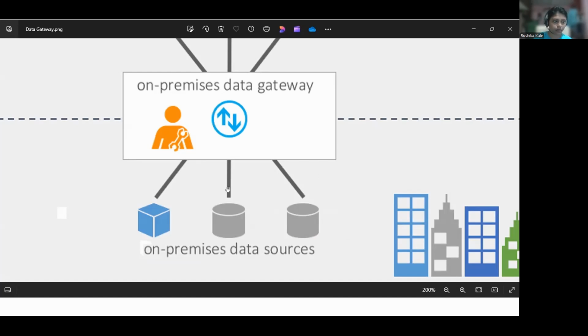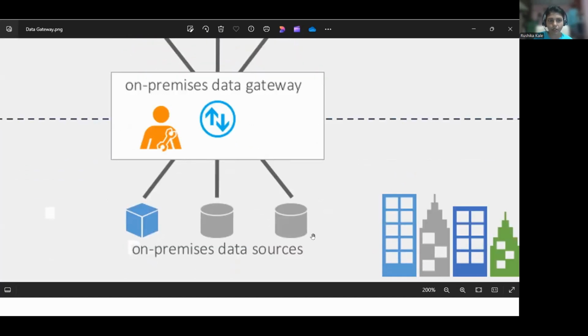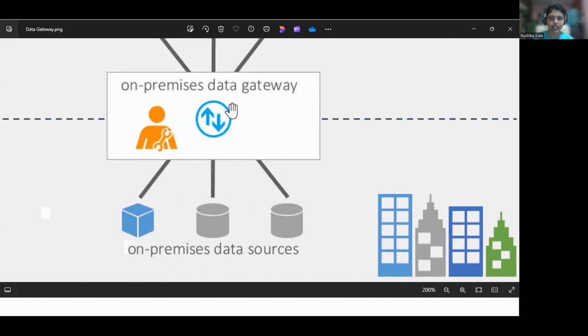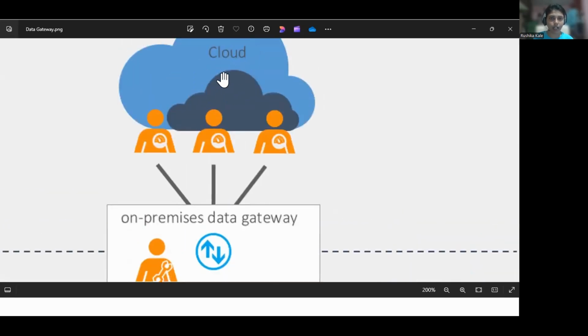Like this is my local system, this is my data source, which is in my laptop. And this is where my report is already published. But my data source, which is in my laptop, keeps changing. So to be on the same board, to sync the data which is on the cloud, we use the data gateway, so that whatever data is changing, you can access it from the cloud also. There will be no disturbance. Okay. So to get that updated data, basically the latest data, whatever is changing, we use the data gateway.